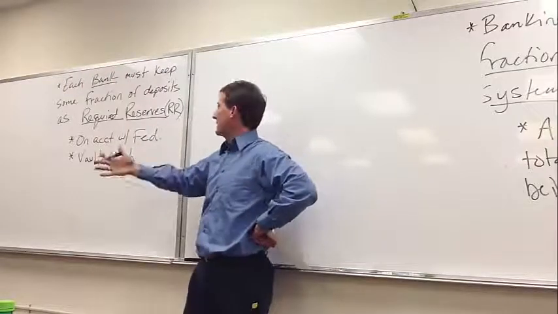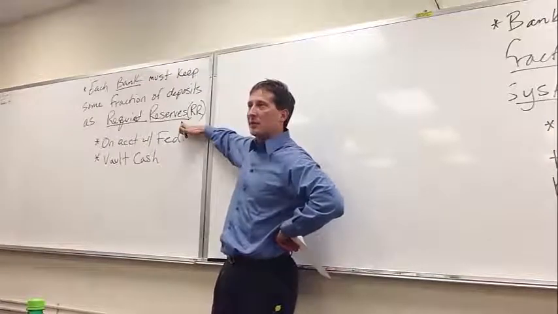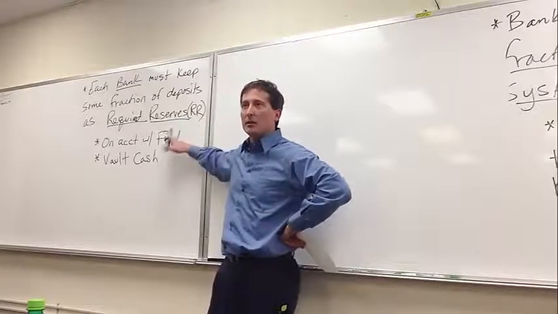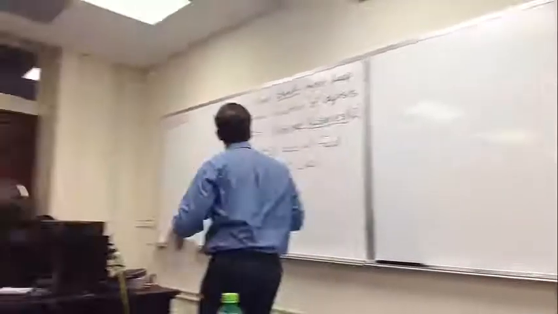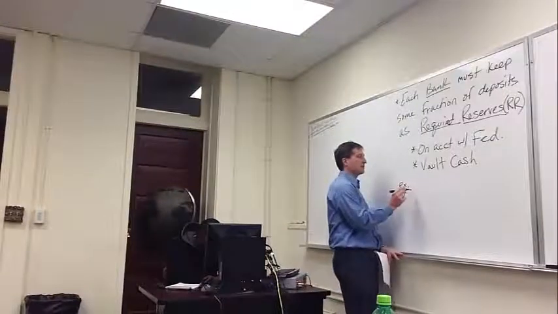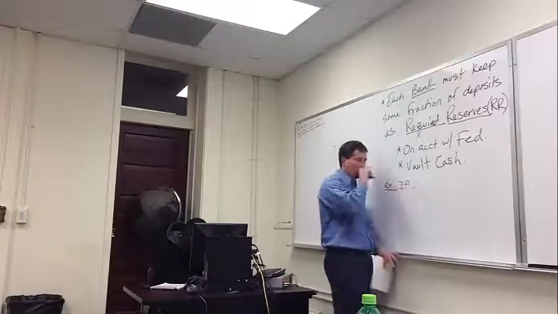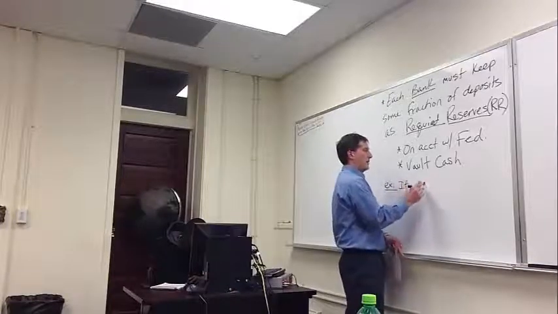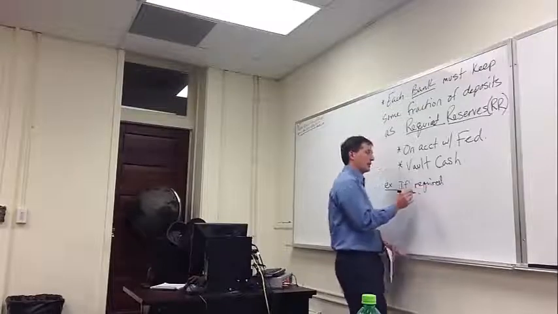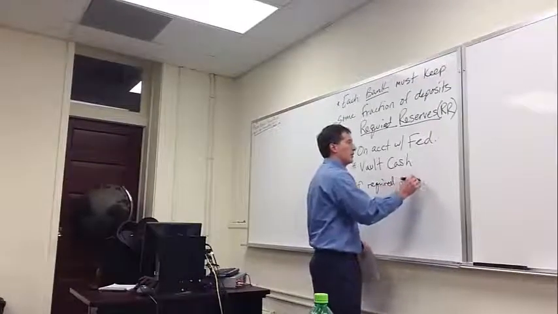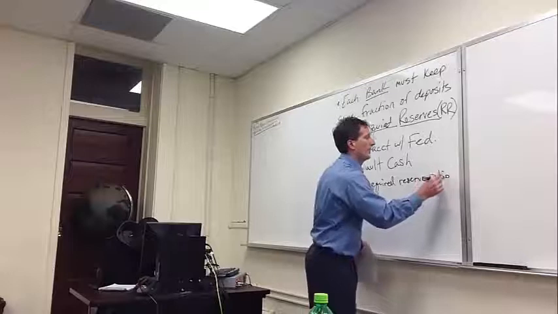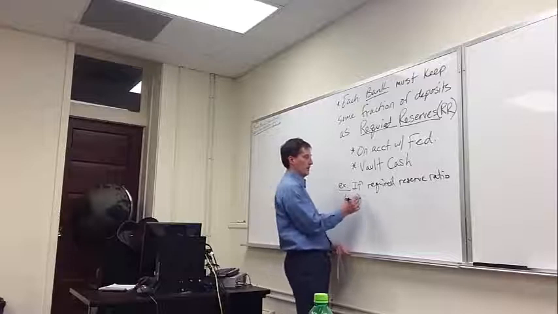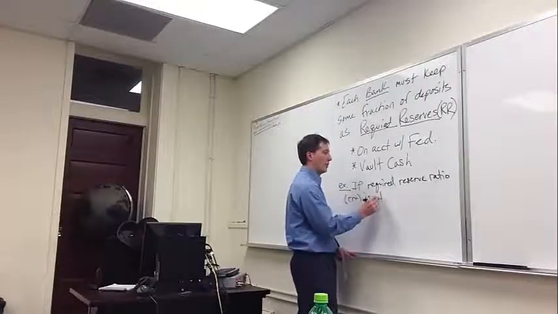What form does that need to take? Well, you can have essentially an account with the Fed or all the cash in your vault. Those two things have to add up to that percent. So for example, if the required reserve ratio, and I'm throwing another term at you here, so required reserve ratio, I'm going to do triple little r. If the required reserve ratio is 0.10,